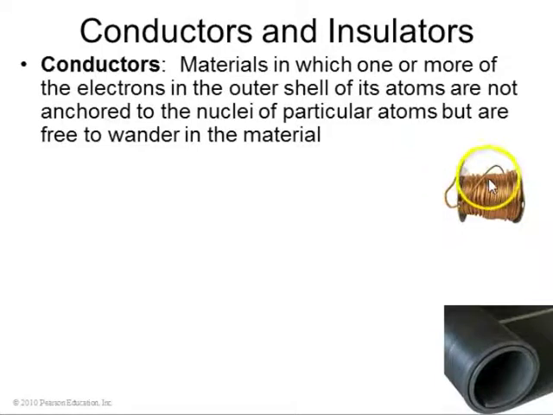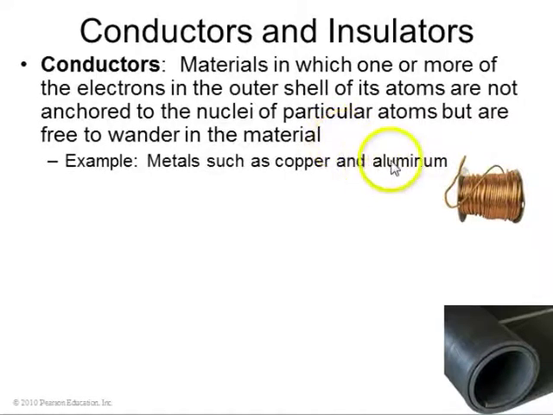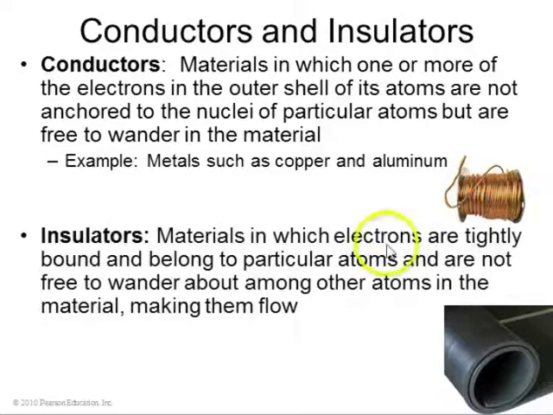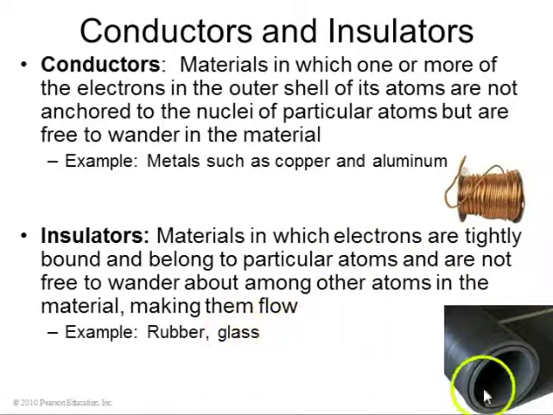So a conductor is any material where the electrons are free to move around within the material. They're not really attracted to their individual nuclei, like copper or aluminum, for example, metals. And insulators are where each electron is tightly bound to its particular nucleus. So rubber or glass has this property that it doesn't want to conduct electricity. So here's a rubber mat, and you can stand on this rubber mat when you're doing electrical work to keep you safe.